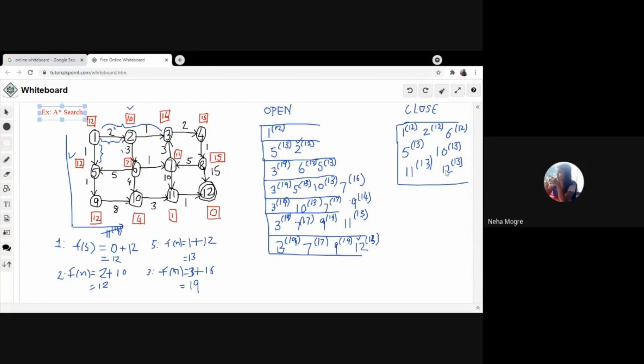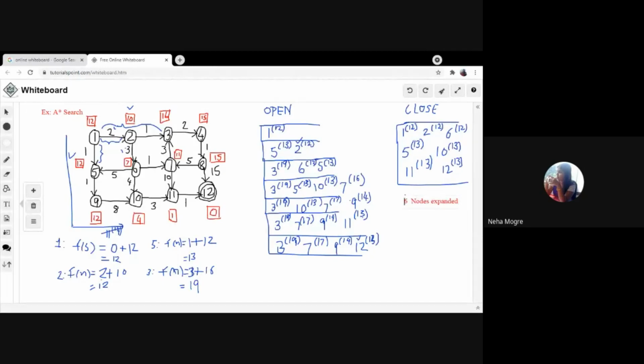So here also we are getting the same one, but the nodes expanded are less. Here the total expanded nodes are 6 nodes. Okay.